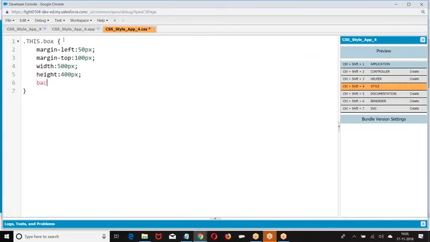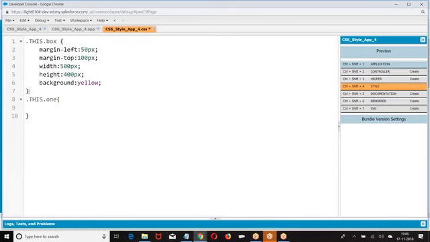Width, height. Similarly, I am giving, I gave two styles.